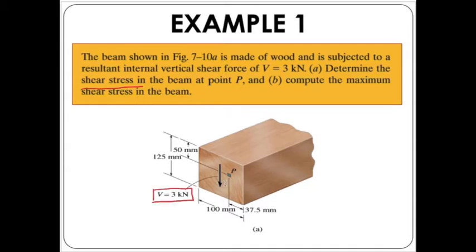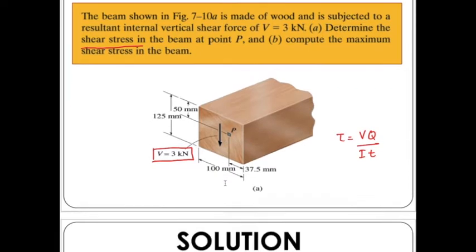The basic equation for the shear stress is VQ divided by It, right? So that V, 3 kilonewton, has to be divided by I, then multiplied with the thickness of that particular location. We are also given the dimension from the sides of the wooden beam to point P. So for the solution,